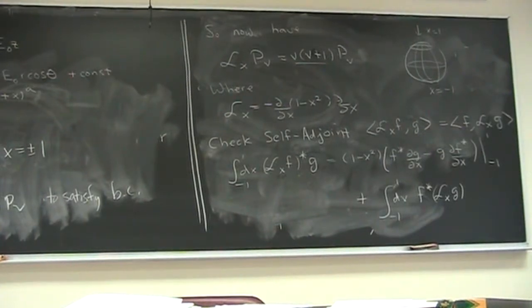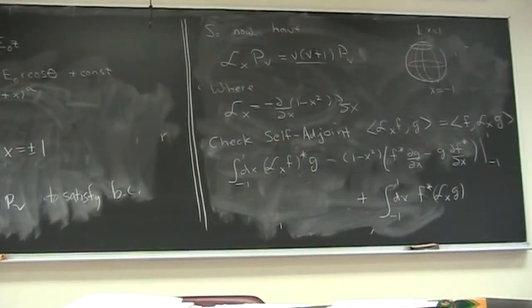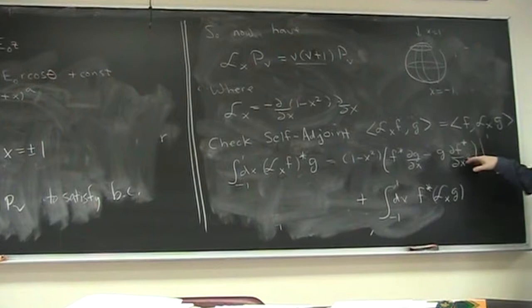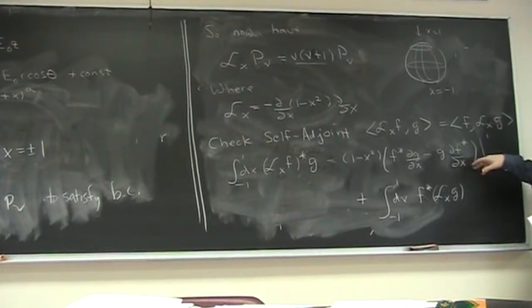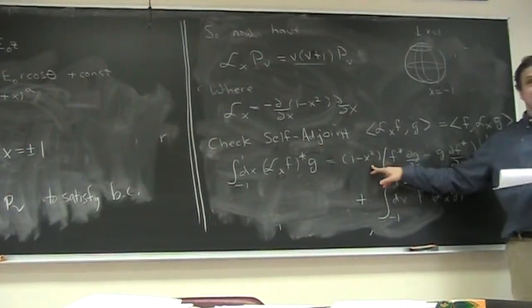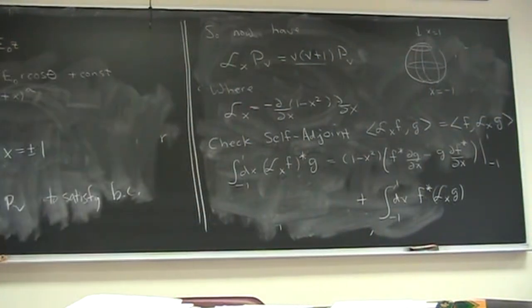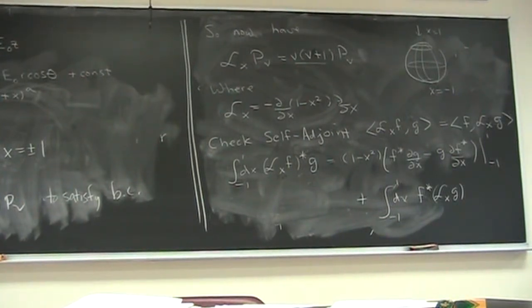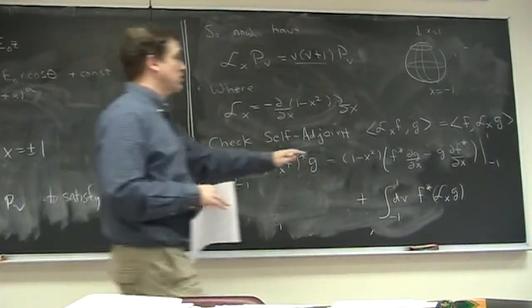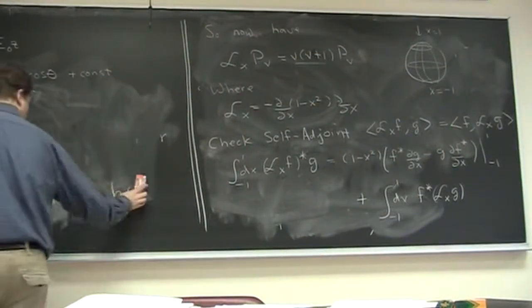So if it's going to be self-adjoint, we need these boundary terms to vanish. And you see you have 1 minus x squared sitting there, so it's going to vanish provided that f and g are regular. If you had these logarithms there, then it would not be self-adjoint, because the derivative of a log would give you 1 over 1 minus x, 1 over 1 plus x, and then this thing would not go to 0 as x goes to plus or minus 1. So provided you're regular,